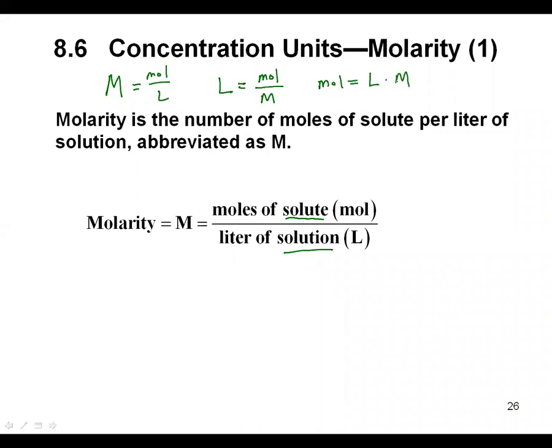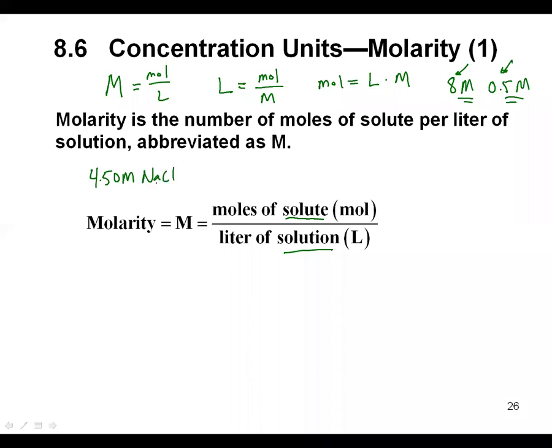So this is probably the most common unit of concentration that you will see. If you remember, in the lab, if you looked at bottles, it would usually have a number with an M next to it, like 8 M or 0.5 M on the bottle. The larger the number, the more concentrated the solution is. The smaller the number, the more dilute the solution would be. So if we had something like 4.5 molar sodium chloride,